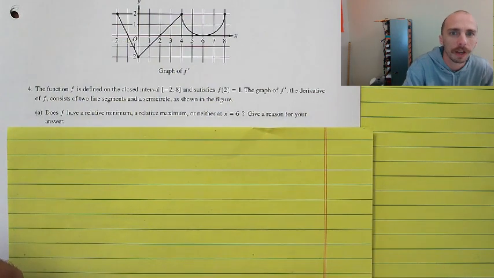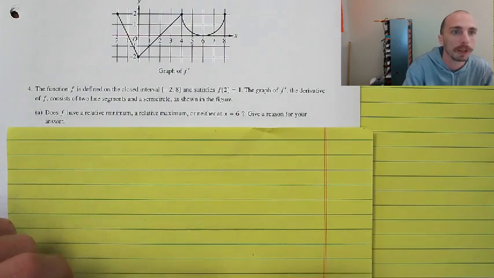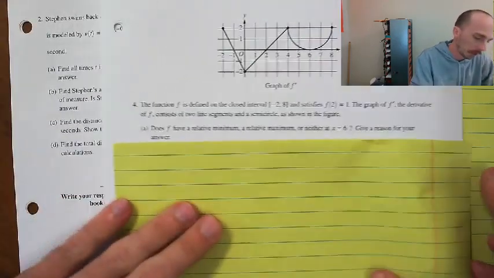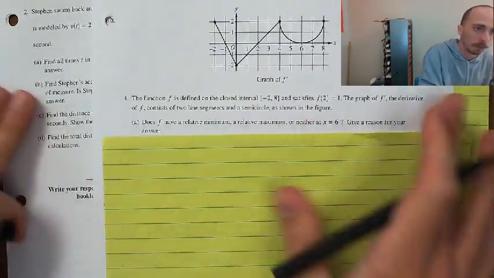Neither, because f prime's sign didn't change, right? X equals -1 is going to be a maximum because f prime went from positive to negative. X equals 2 is going to correspond to a relative minimum on the graph of f because f prime went from negative to positive. But at x equals 6, there was no sign change, so I'm going to say for,